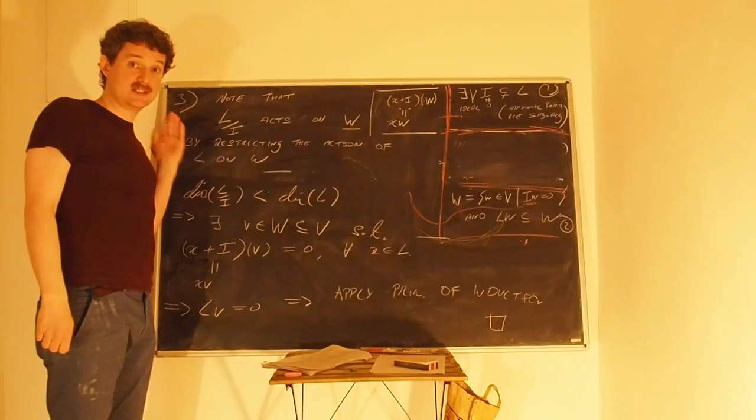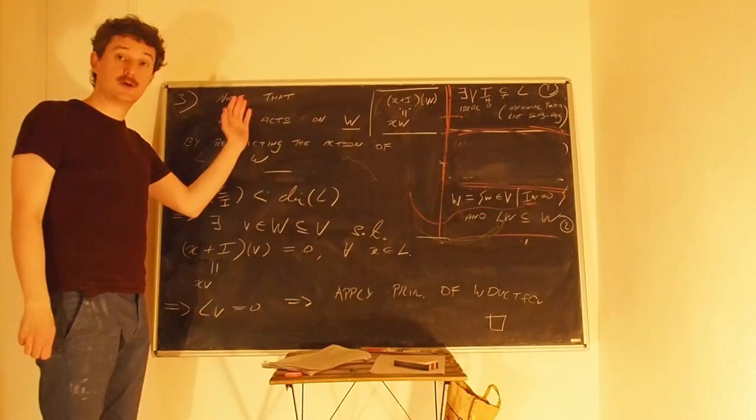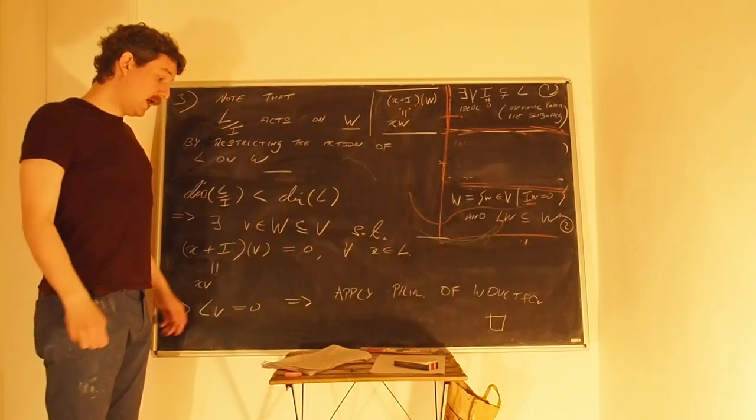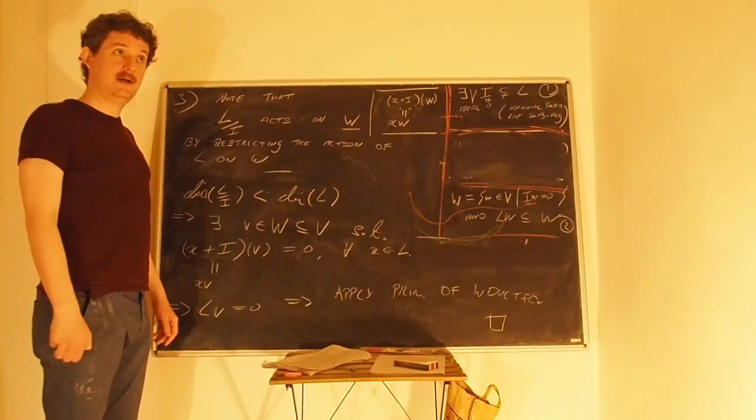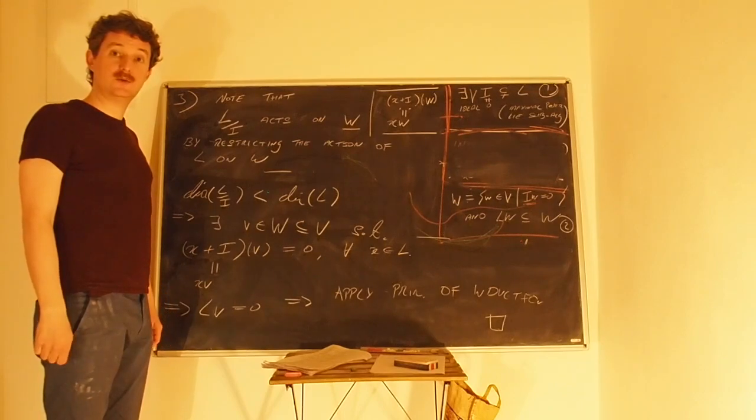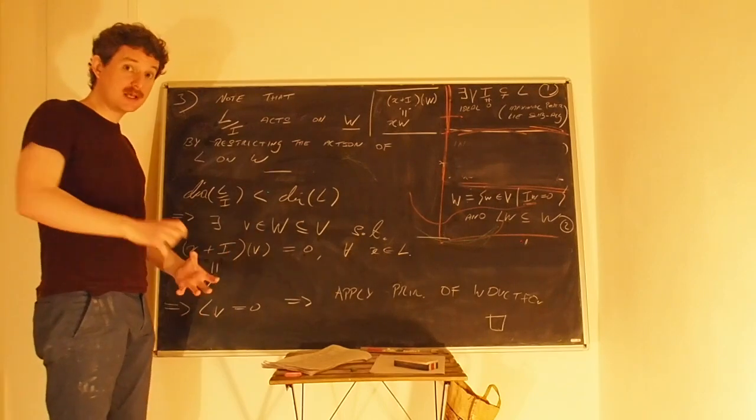In the next lecture, we'll prove the second part of Engel's theorem. It's basically a corollary of this, so it's a lot easier. And then, after this, we can move on to solvable Lie algebras, which are a generalization of nilpotent